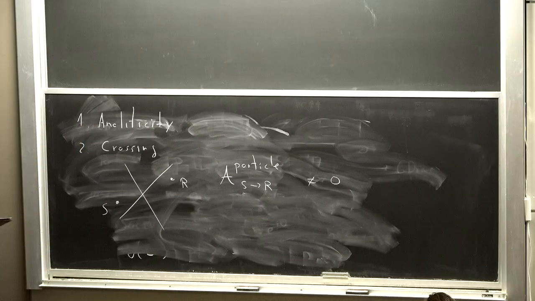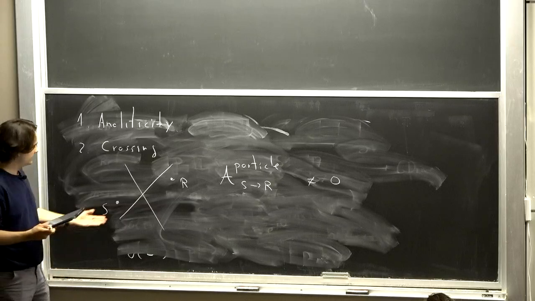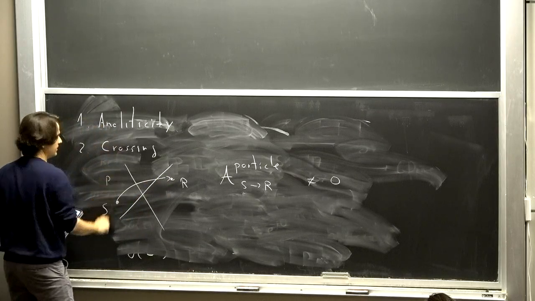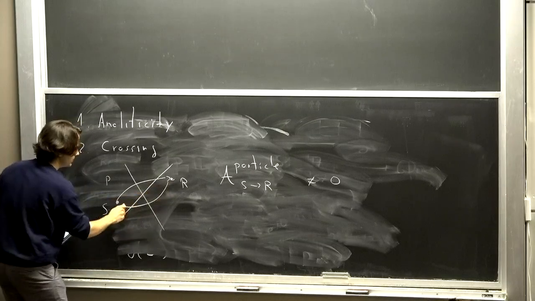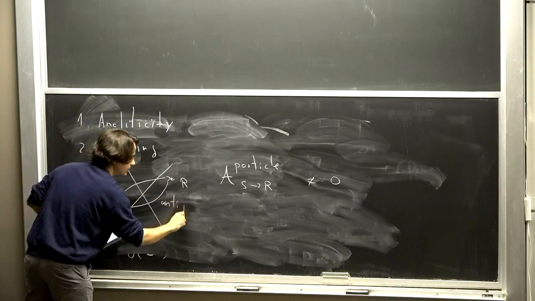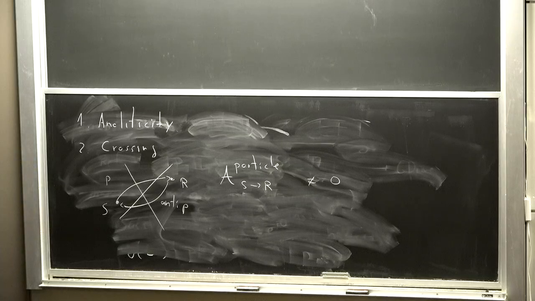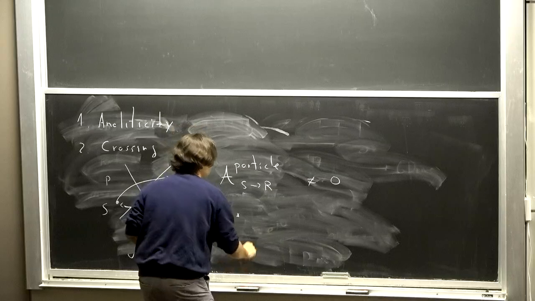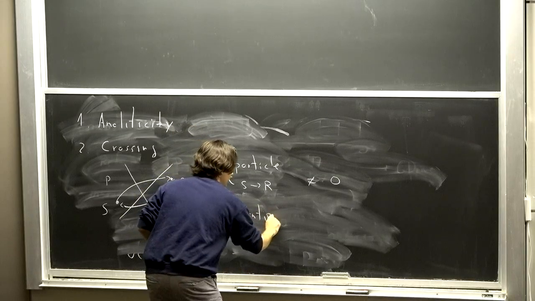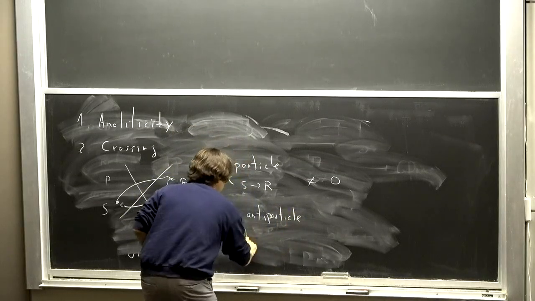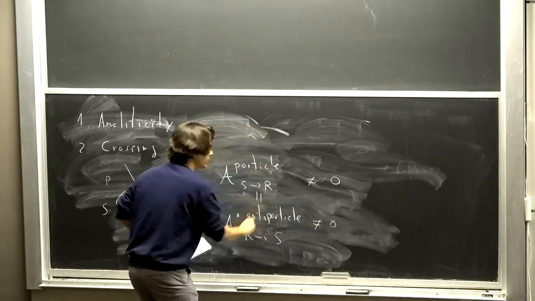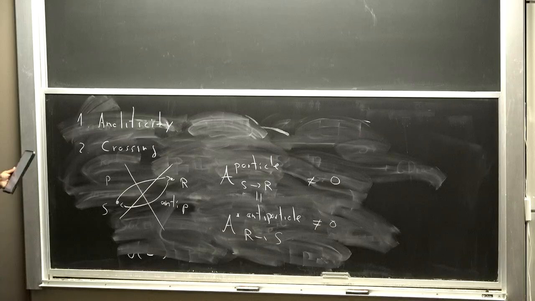So what saves us is that there's also this commutator. One tells you about the probability of a particle propagating from S to R, but there's also the probability of an antiparticle. It's also the complex conjugate: the amplitude for an antiparticle from R to S. This is not 0, but these things are equal and they cancel precisely for this commutator.